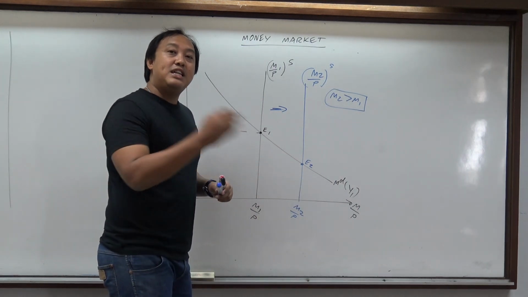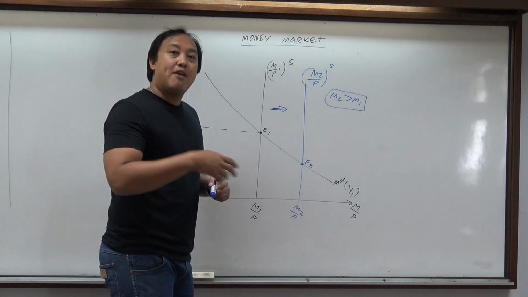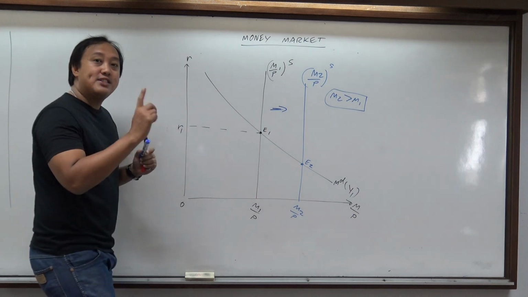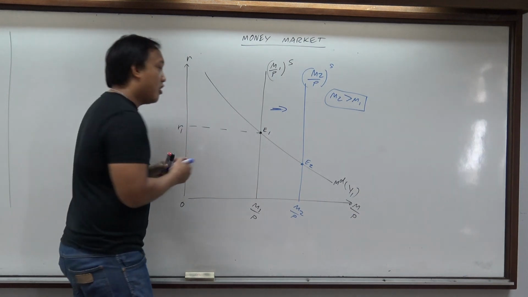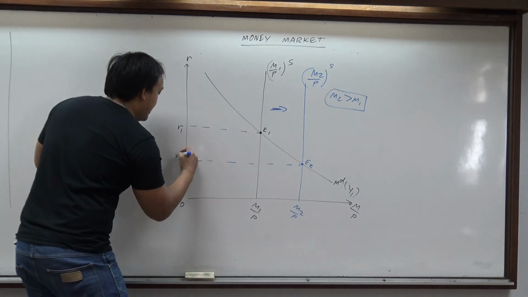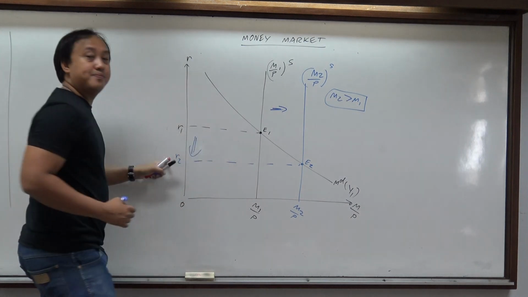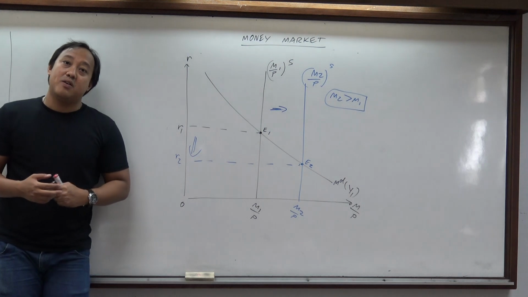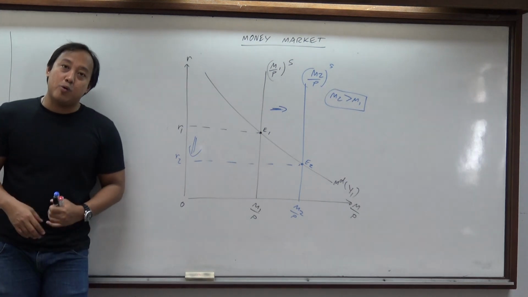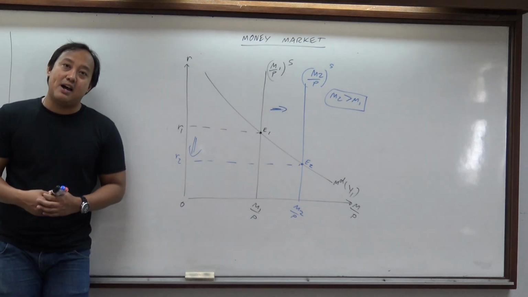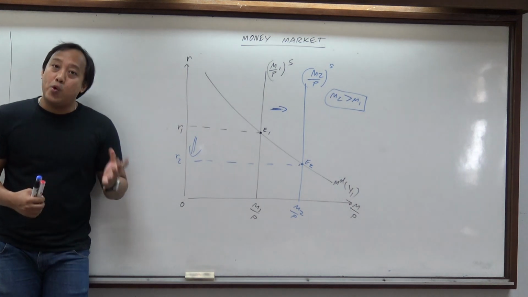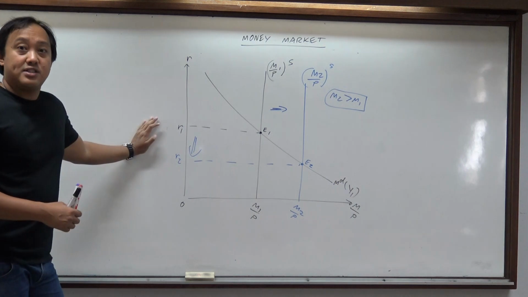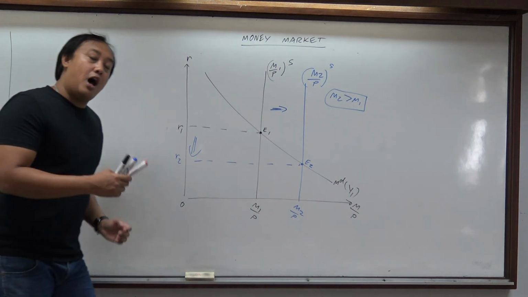After the central bank injects more money into the economy, after the central bank uses QE, quantitative easing, as a consequence the real interest rate is going to drop down. So when you read the news, when the Federal Reserve uses QE, the real interest rate is always going down. And in the opposite way,